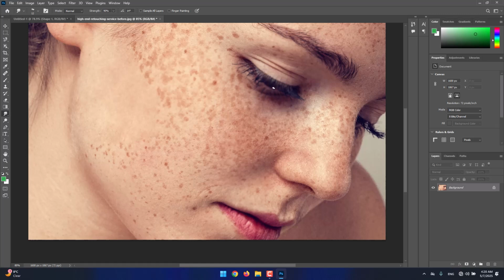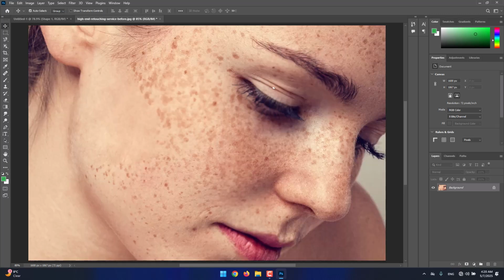But that's basically it. We also have the dodge tool. Dodge is about making a part of our image more shiny, as you see. We have burn, which is vice versa. So we can burn a part of our image, as you see, and it will work like this. So dodge is the undo to burn and vice versa. And we also have the sponge tool,